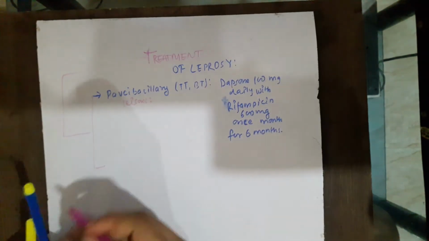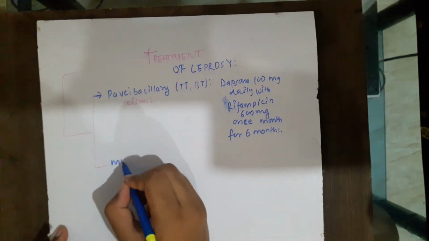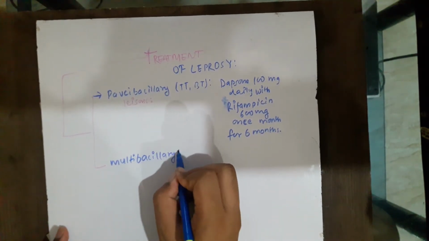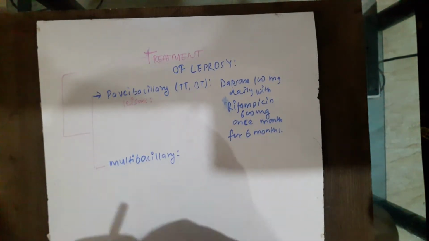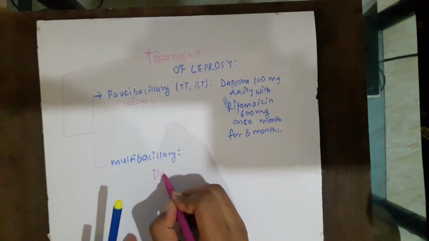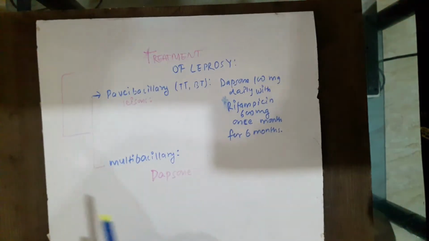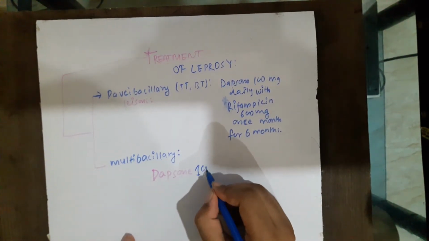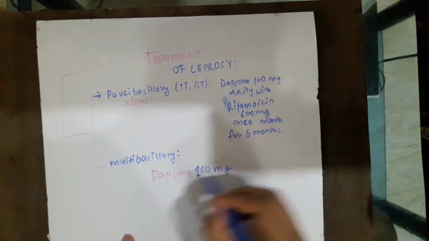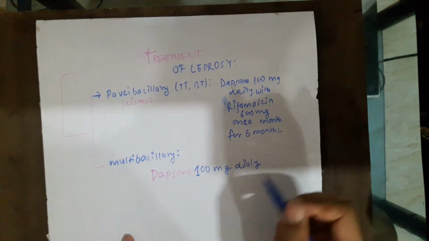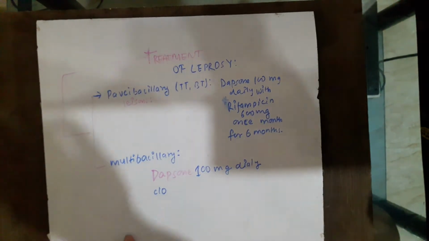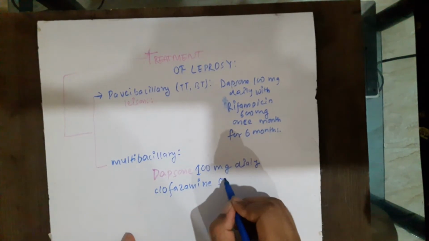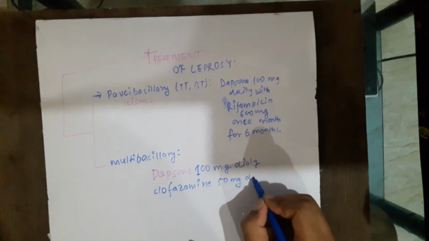In multibacillary, Dapsone 100 mg is used daily with clofazimine 50 mg daily,